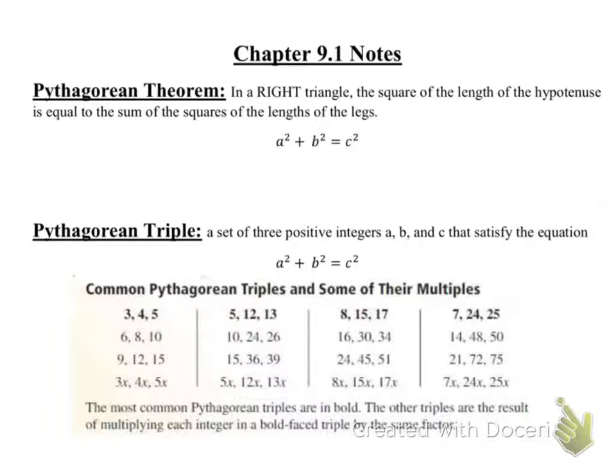in a right triangle specifically. So the Pythagorean theorem is a squared plus b squared equals c squared, where a, b, and c are corresponding sides on a triangle. C is always the hypotenuse, or the longest side on the triangle, and the hypotenuse, in case it's not clear which side is the longest, especially if you're trying to find it, is always across or opposite from a right angle. So if I were to draw a triangle here,